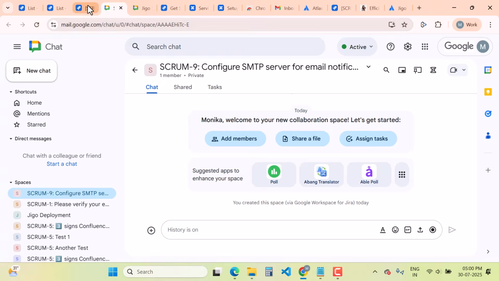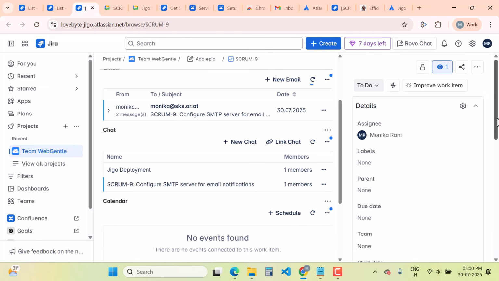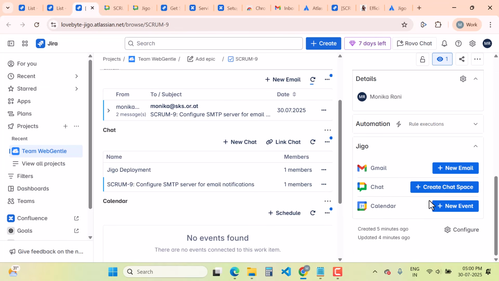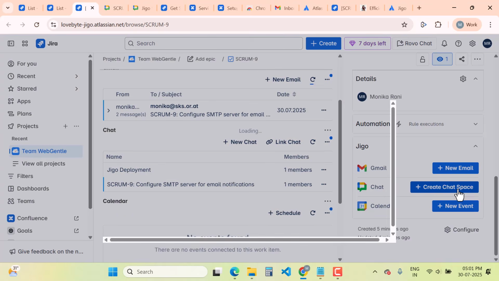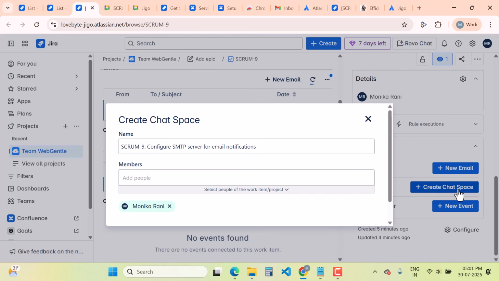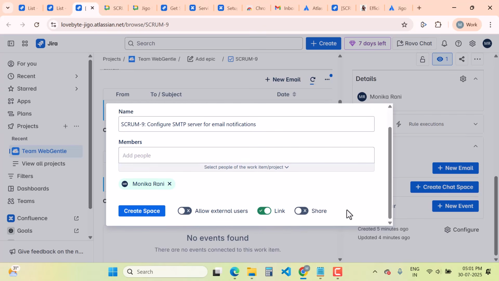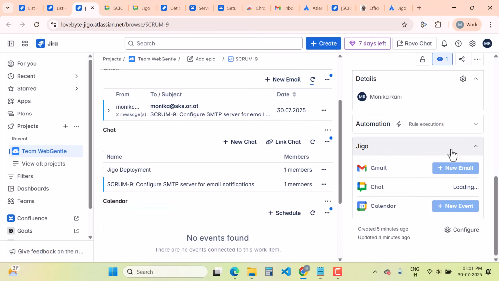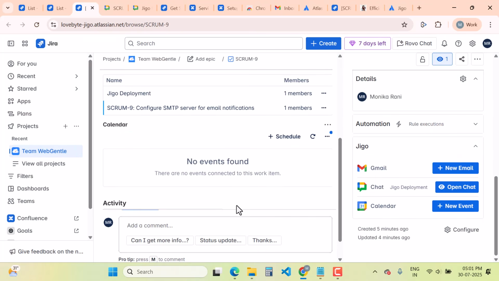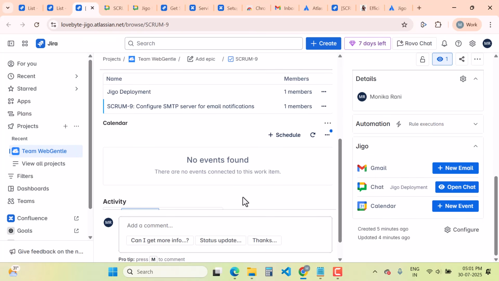Now I will come back here, and again from the right side panel you can go and create the chat space. This is the same way. When you hit create chat space, it will ask you about the name. The name will be pre-filled, but if you want to change it, you can, along with members and these options. Okay, now close it. The next one is the calendar panel where you can schedule and create your calendar events